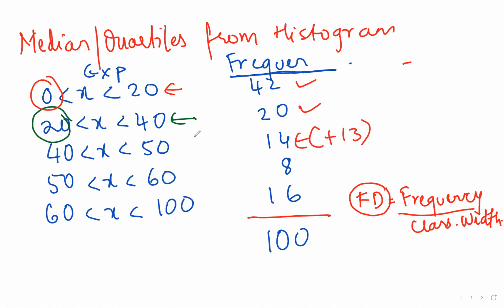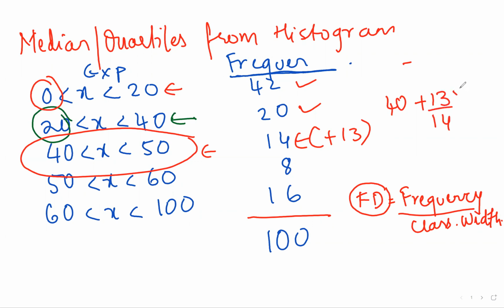I will be taking plus 13 from this part. Again, same thing, as I'm taking help from here, I will be taking lower bound 40 plus 13 out of 14. I'm taking that much into class width. Class width is what? 50 minus 40 over here. So into 10. So then just do again rule of BODMAS, 13 into 10 divided by 14 and then addition. So the answer is 49.28. So you all must have observed that your formula for median, lower quartile and upper quartile is the same. It is the same for all three things. Just find your range carefully and then it's sorted. Thanks.